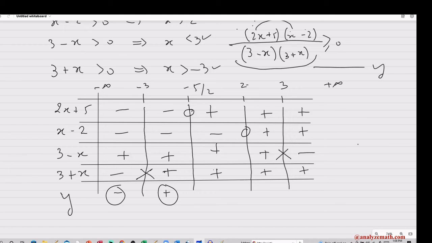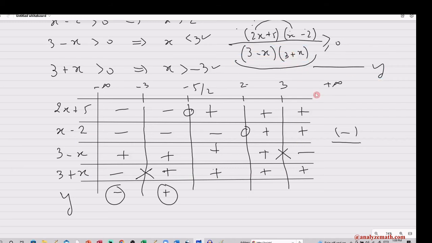I will now go to the interval minus 5 over 2 to 2. 2x plus 5 is positive, x minus 2 is negative. When I multiply them, they give me a negative number in the numerator. 3 minus x is positive, 3 plus x is positive. When I multiply them, they will give me a plus here. So negative divided by positive will give me negative. So all y will be